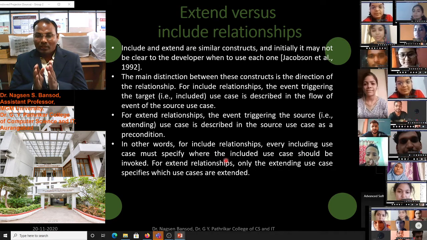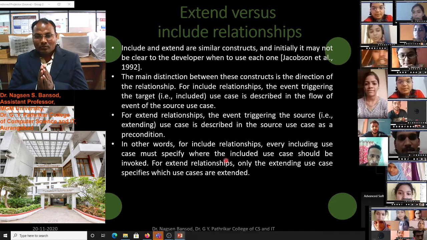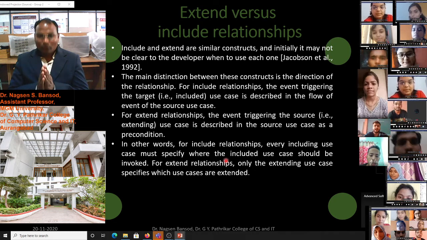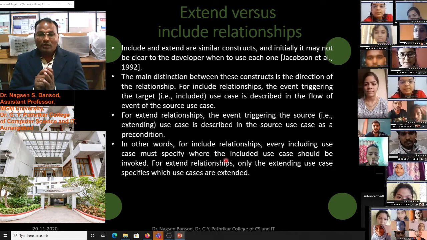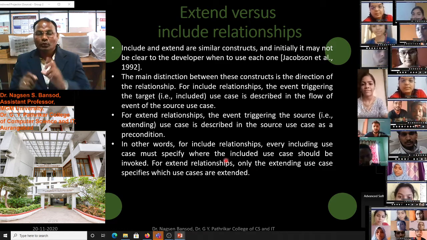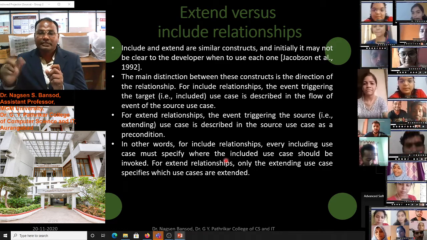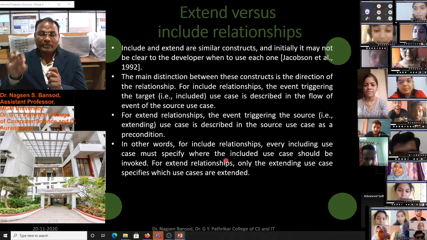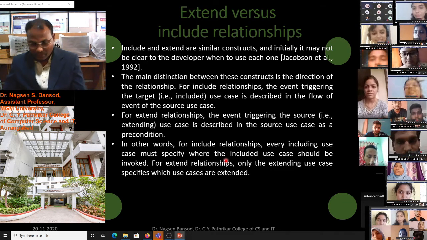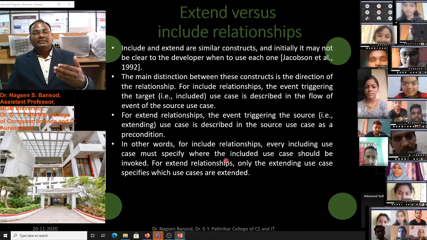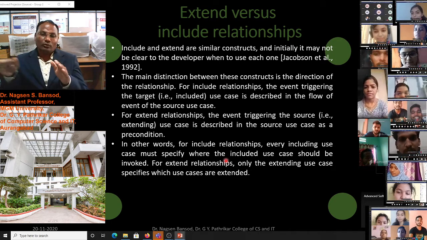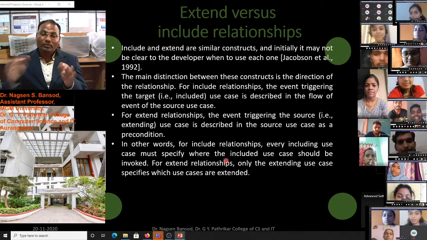Suppose we have one use case, like the server down message we got from the dispatcher, because the dispatcher is not able to connect to the field officer. In that server down message we got, that is why we have used the extend use case here. Means this use case comes with our flow.